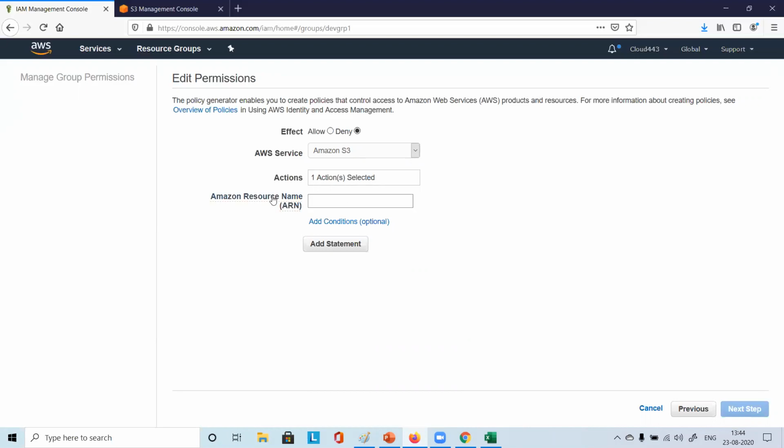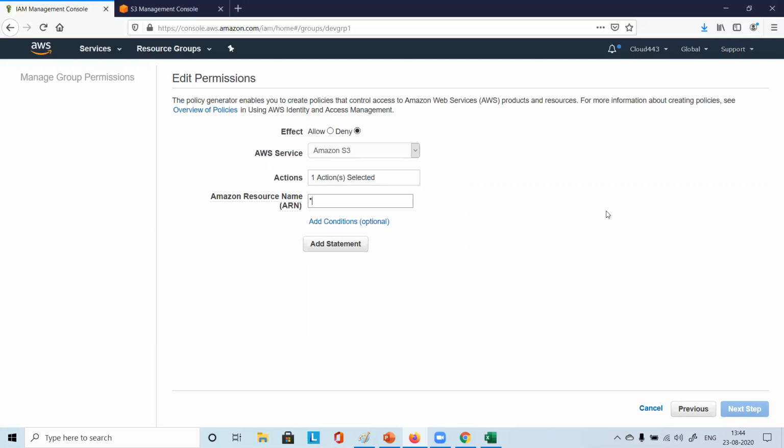We discussed that we can give ARN, right? What do we want to give here? Here you can give ARN, meaning one particular bucket or some buckets you can mention here. You can select the ARN of a bucket and paste it here. But what we are going to do here is we don't want him to delete any bucket.